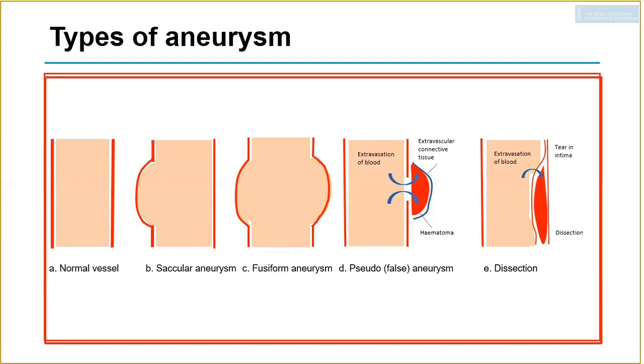These are images of aneurysms. Starting from the left, you've got a normal vessel. Then we move on to saccular aneurysm, where there's an abnormal dilatation of part of the wall. And then you can also get fusiform aneurysm, where it's dilated overall. You can also get pseudo or false aneurysm. As we mentioned before, this is where part of the wall of the artery is weakened. The blood then leaks out from the artery, but it is contained within the extravascular connective tissue as a well-contained hematoma. And this pseudoaneurysm does have a risk of rupture. We can also get dissection; even though dissection itself is not considered an aneurysm, it can predispose to aneurysmal change in the long term.